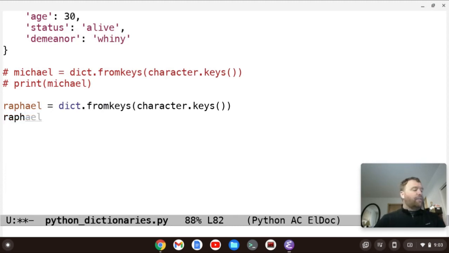We'll say Raphael, and we'll use the setdefault method, and we'll say that the type is angel.